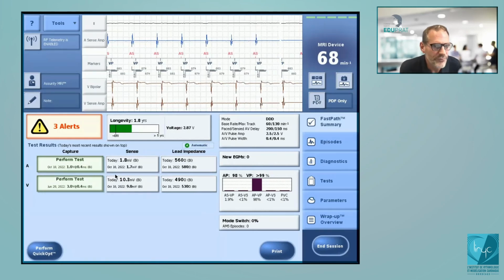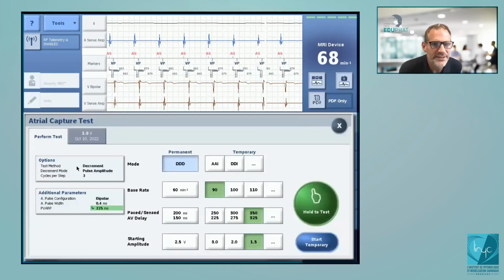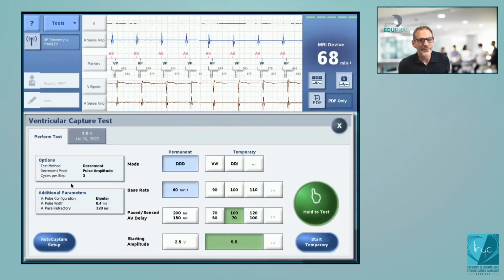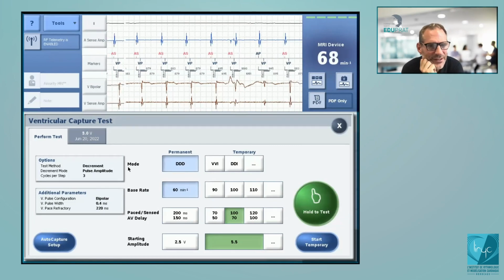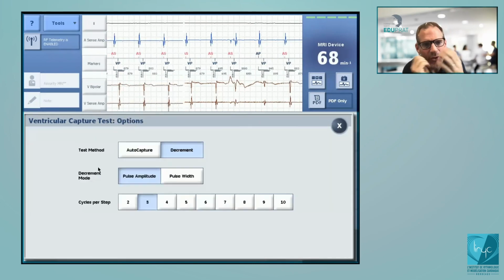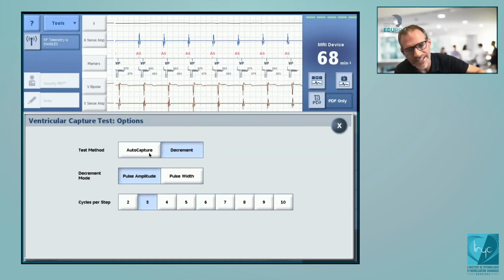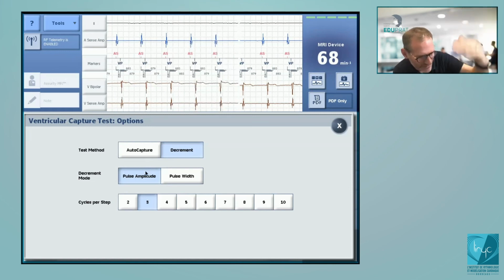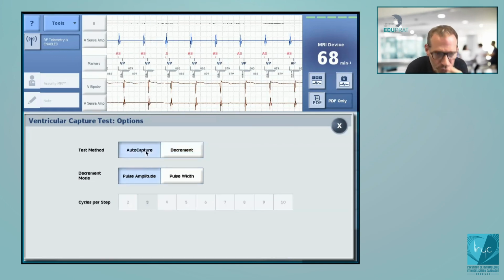Then I will do it for the capture at the level of the atrium. If you click on it. No, first the ventricle, please. If you can start with the ventricle. Here you have two possibilities. If you click on options, it can be auto capture or decrement. Decrement means that it will decrease like a typical threshold. You will decrease step by step the amplitude of pacing,